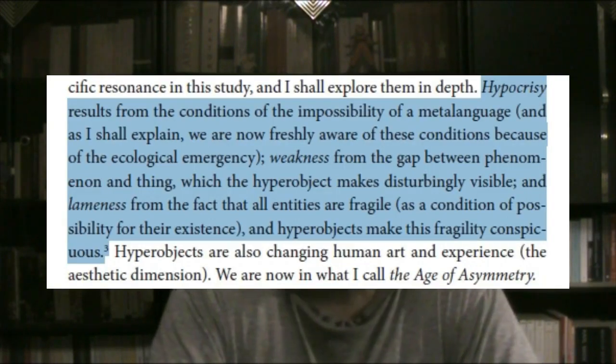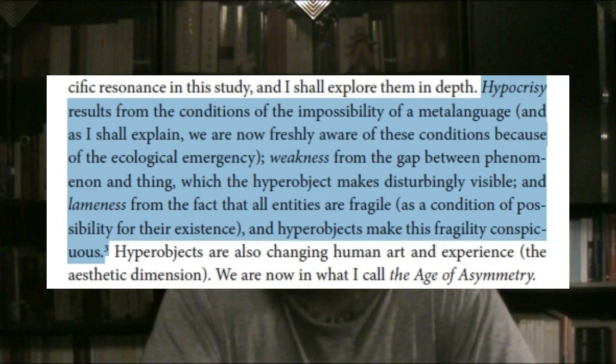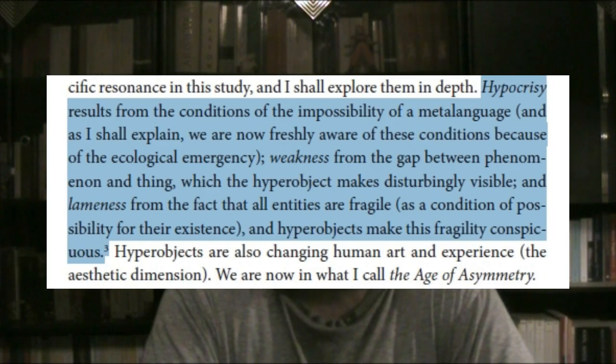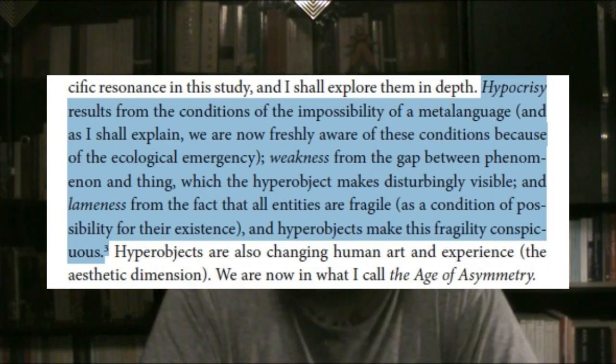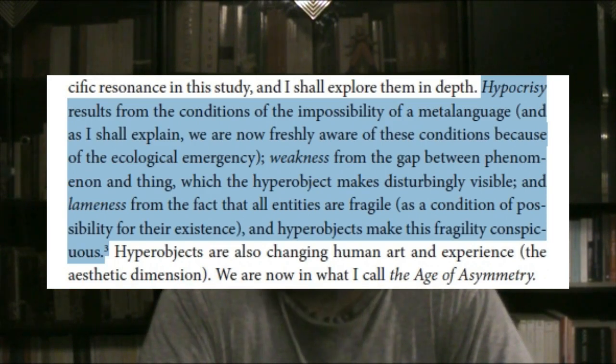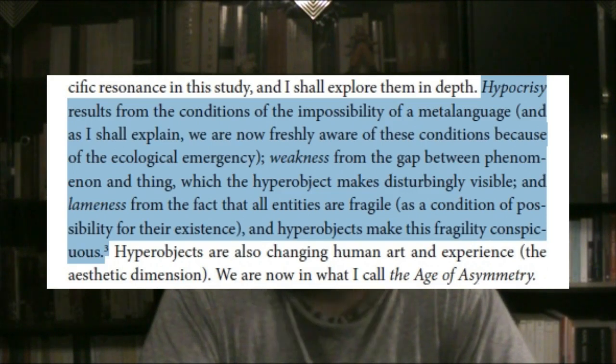Like hyperobjects, the end of the world also has its characteristics. And the characteristics of the end of the world are three: hypocrisy, weakness, and lameness. To quote Morton, "hypocrisy results from the conditions of the impossibility of a meta-language, and as I shall explain, we are now freshly aware of these conditions because of the ecological emergency," and we will explain what he means by meta-language. "Weakness from the gap between phenomenon and thing, which the hyperobject makes disturbingly visible,"